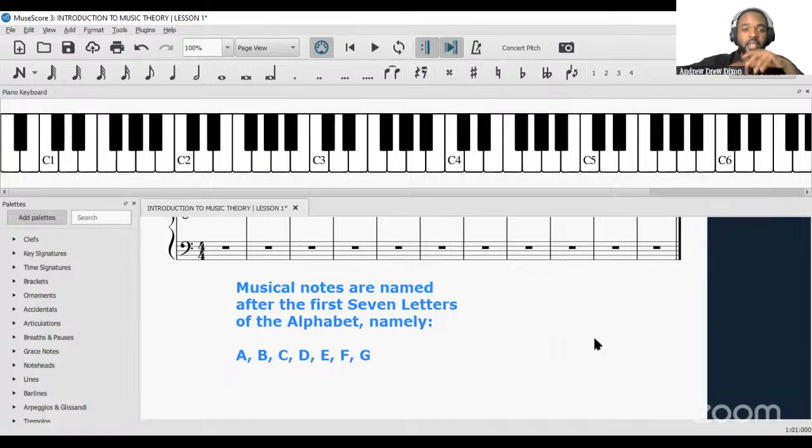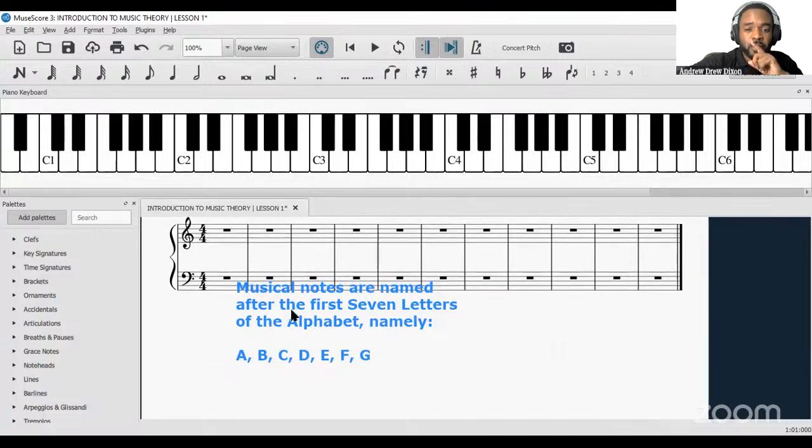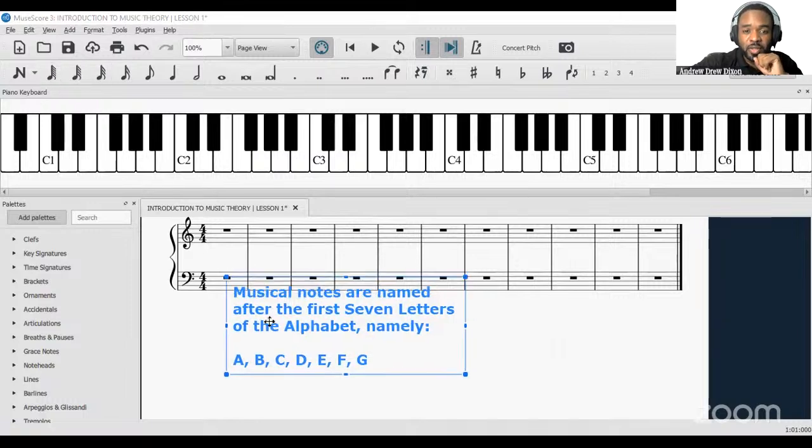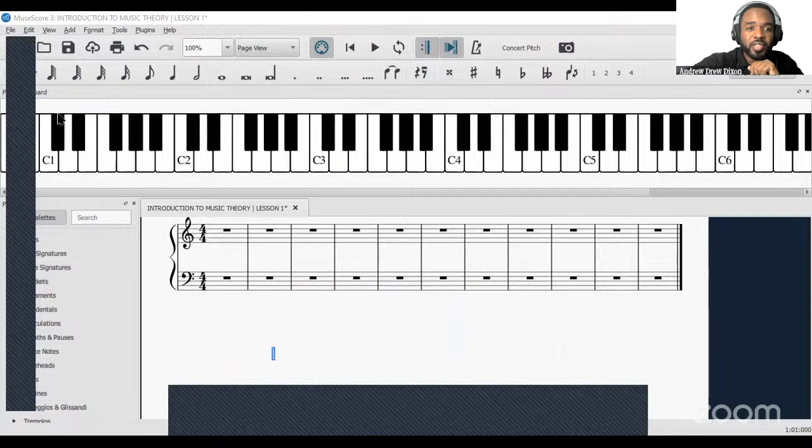All right. Now, the other thing I'm going to talk about today, I'm just going to introduce you to it very quickly because we're almost out of time. I'm going to introduce you to the concept of notating sounds, long sounds, short sounds. Okay, so I'm going to remove this from the screen. You can always rewind the video to see that again. Now, let's look at